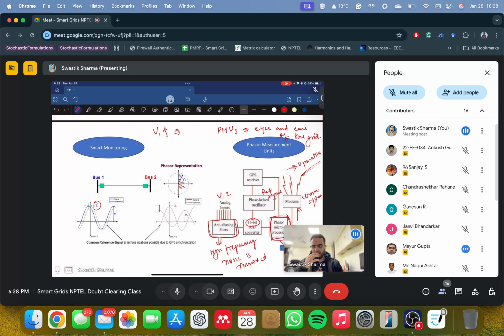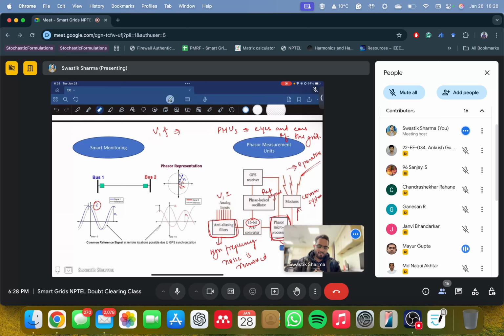Take the example of Grid India. They want the complete picture of what is happening at all the buses of the system, right? They can only do it if they have data coming directly from the node at which the PMU is connected. If they have some device connected at that node, they can transmit that data to their system sitting in Delhi. So they don't have to call ERLDC to ask what is happening to that transmission system over there, since they don't have eyes on it.